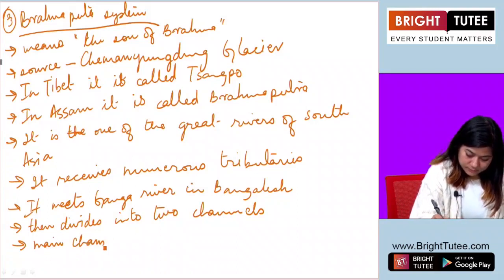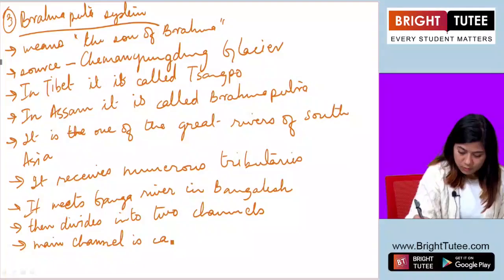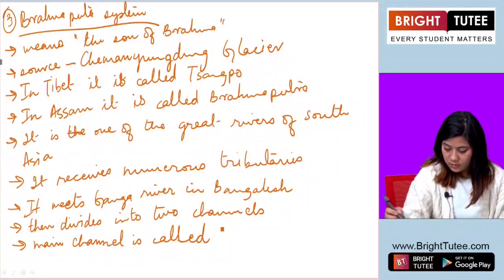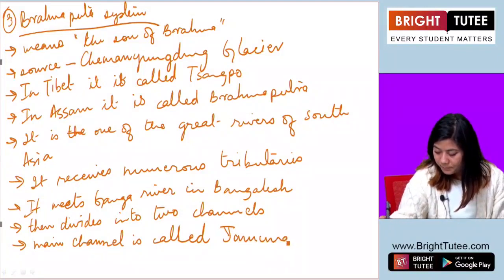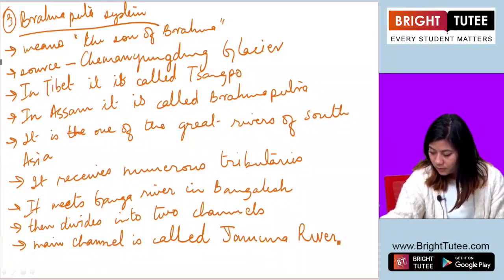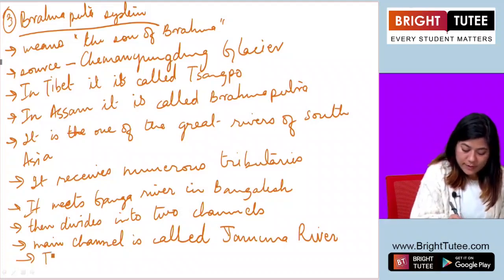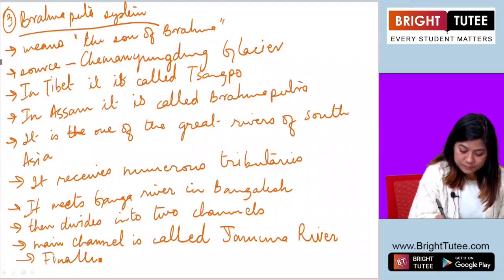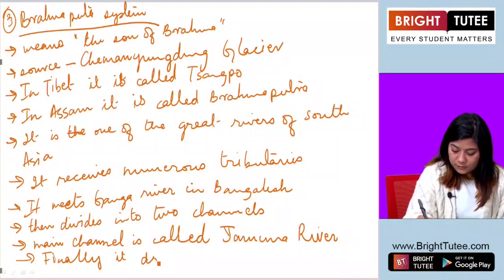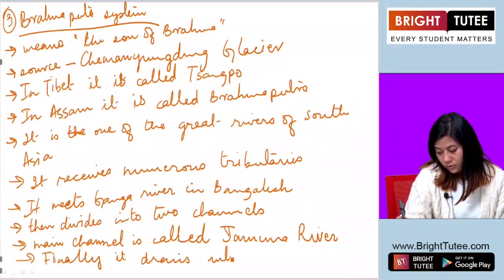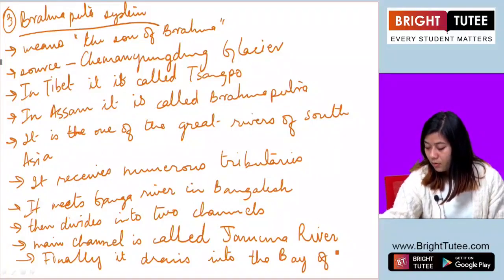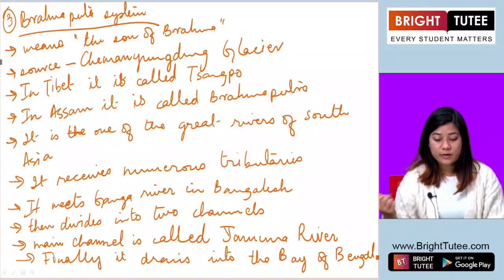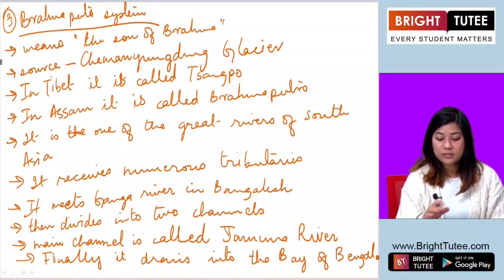Main channel is called Jamuna River. Finally, it drains into the Bay of Bengal. Okay, so if there are any points that you want to add to these long notes